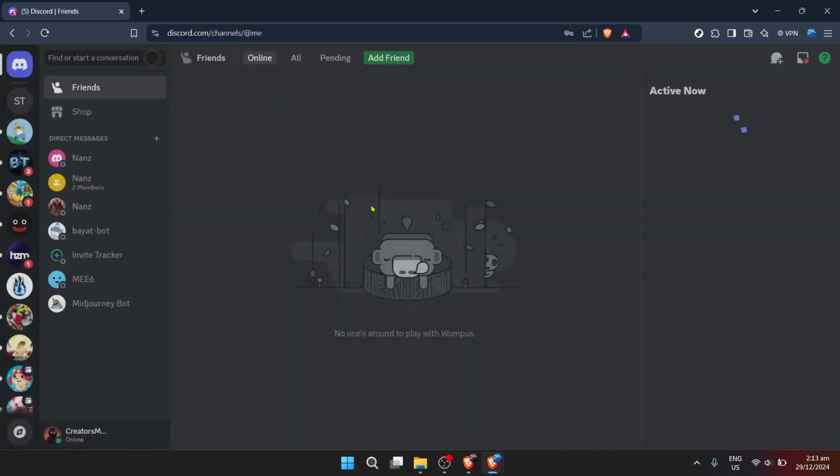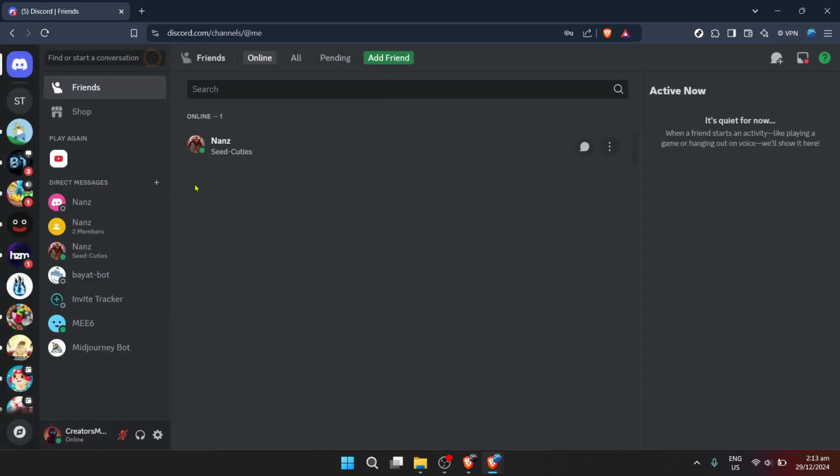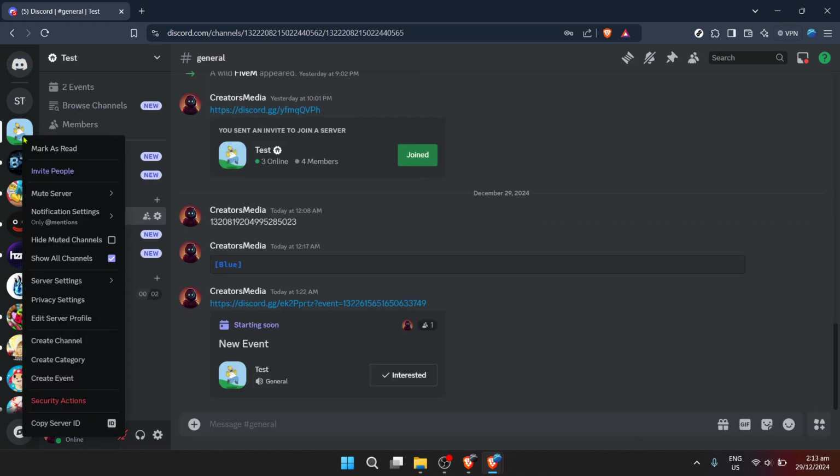Now that you're logged into Discord, you should be looking at your Discord home. This is where all your direct messages and server interactions begin. From here, finding your way to the specific server you want to apply the image blocking setting to is your next step. Look through your server list and click on the server where you want to make this adjustment.